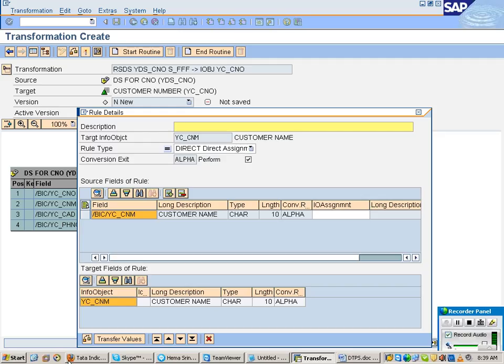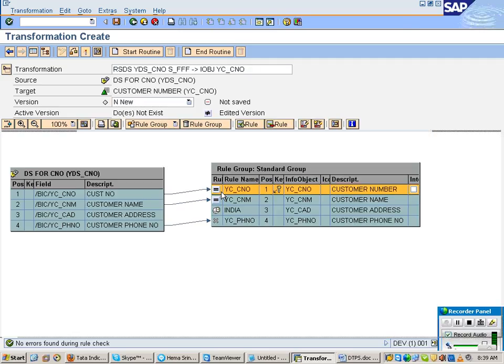Now observe what is that now? Routine. So here comes the use of ABAP in DI. I need to write some ABAP code specifying how data has to go from data source to target. That is what we call a routine. Now I want to write a routine. What is my requirement? Should it read from source?